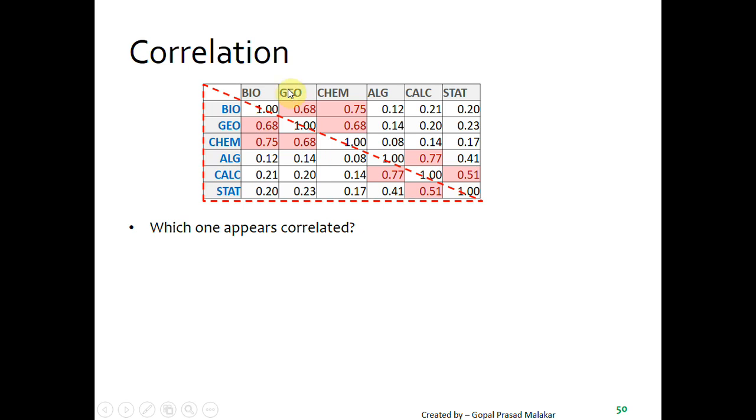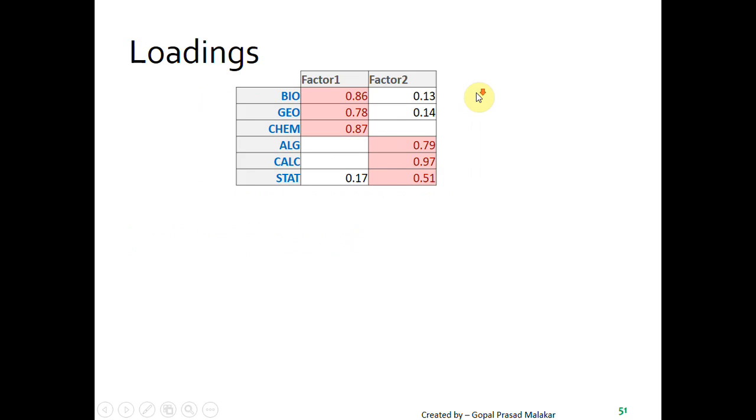If you look at these 3 variables, they appear to have quite low correlation with any of the other 3. However, between algebra and calculus there looks to be a good correlation. In the same way, calculus and stats has a lower correlation, but it is still a little more sizable than others. So by a natural look itself, it appears that there are little groups in the variables. Probably these 3 variables are behaving in a similar way, and these 3 variables.